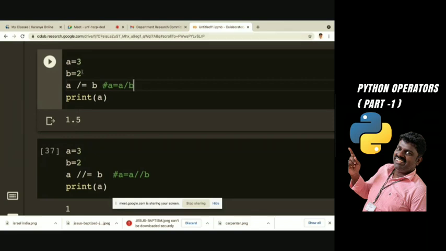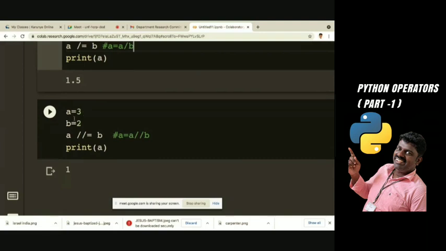Even though both are integer values, I am returning a float value, right? But for floor division, the assignment operation means double slash equal. Instead of giving A equal A double slash B, I can simply give A double slash equal to B. This is a shortcut form of the arithmetic operations. Got my point?